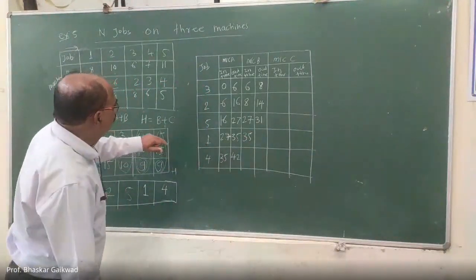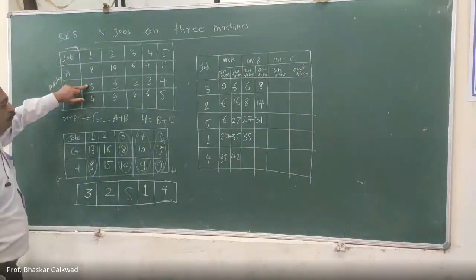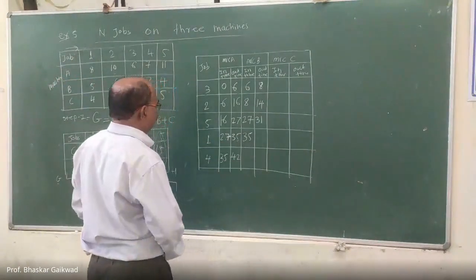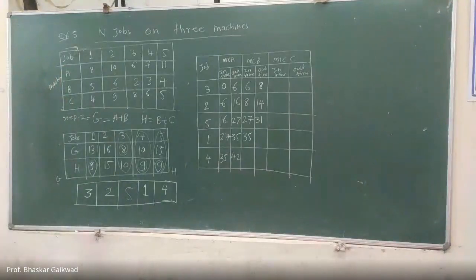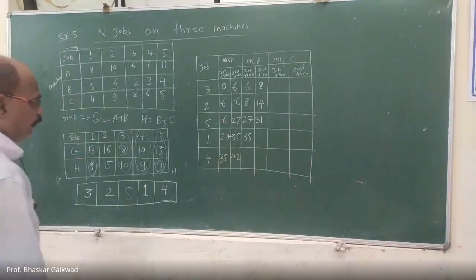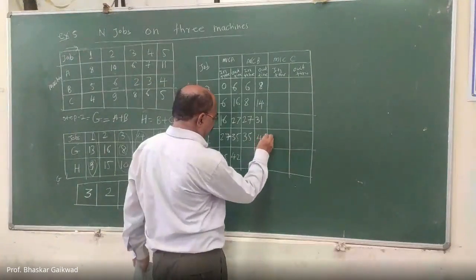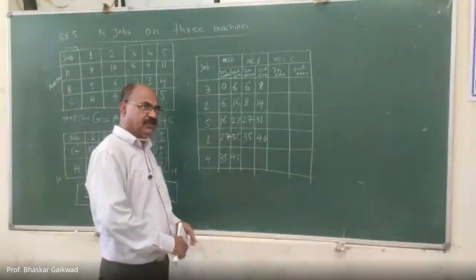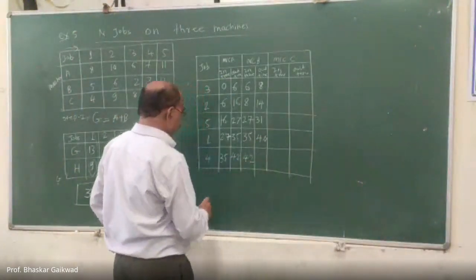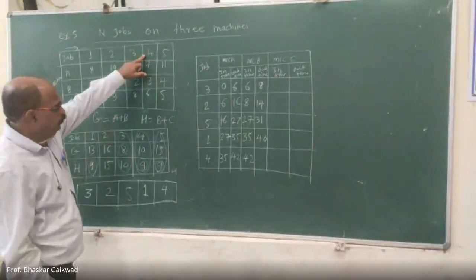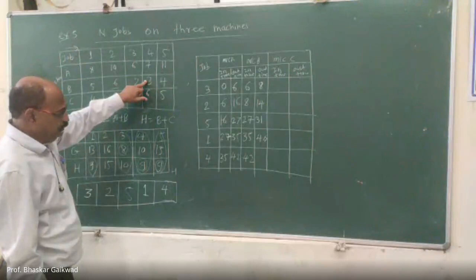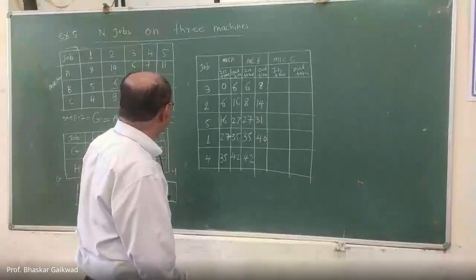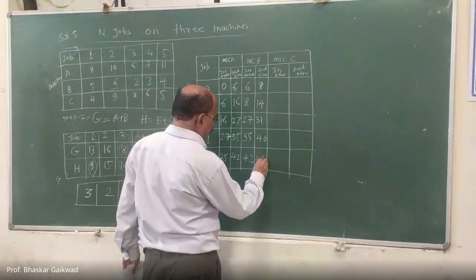So job number 1, machine B. So 5 processing time is there. So 35 plus 5. How much there? 40. So here 40 you can write. Now again the same thing. Here is 40, here is 42. Out of this you can take the maximum, 42. And what is the processing time? This is the 4th job, machine B. 3 processing time means 42 plus 3. How much there? 45. This is 45.